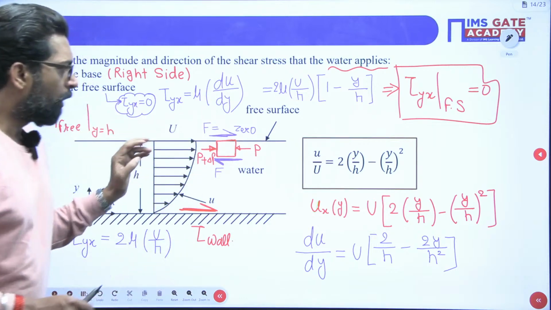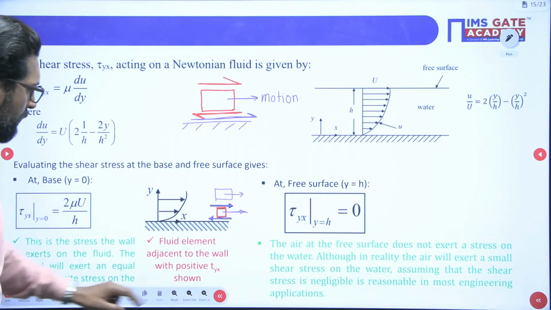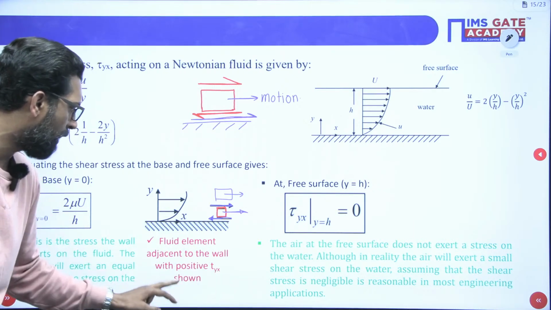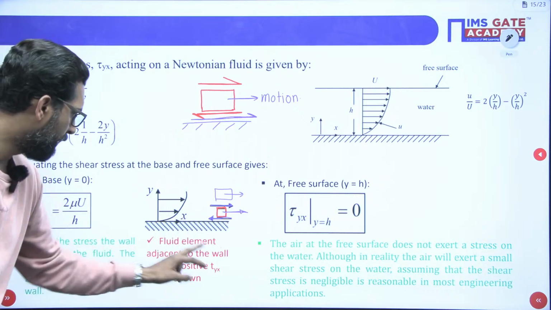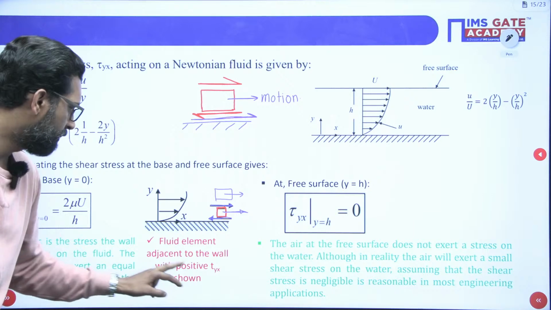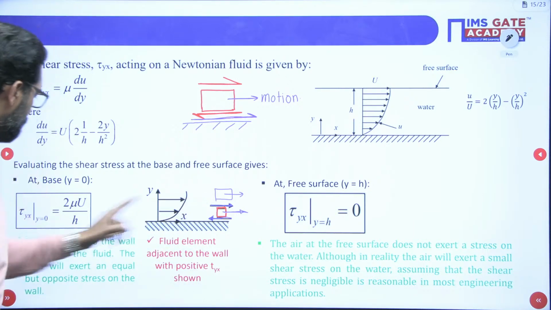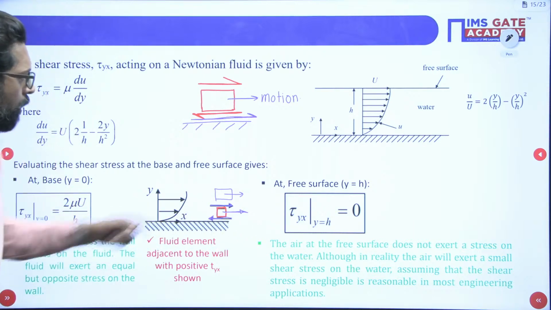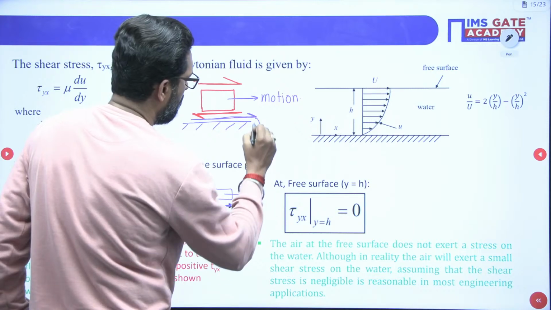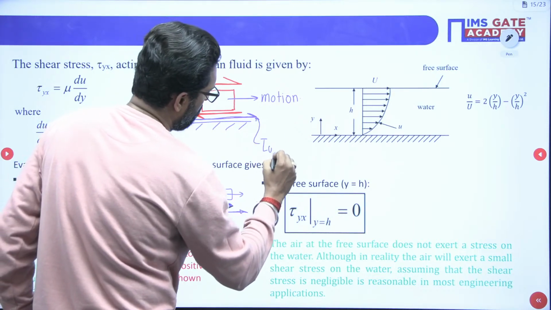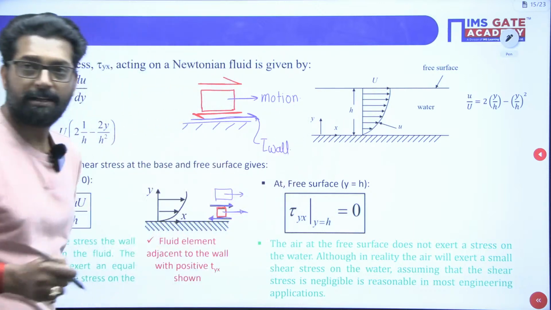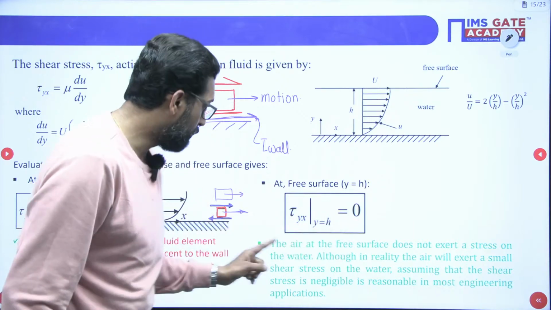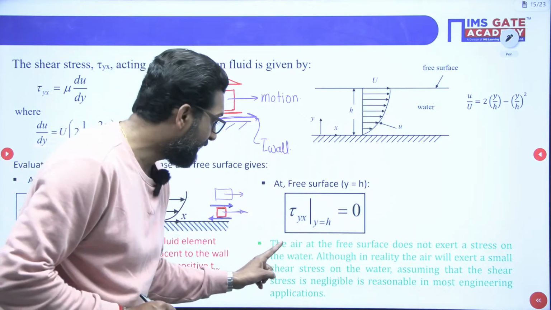Okay. So what is the consequence of that? The fluid element adjacent to the wall with a positive tau x, as shown. So this is your positive value. On this wall, in this direction, this is your tau wall. Clear? Now, at the free surface, shear stress is 0, that means, very important, that means air at the